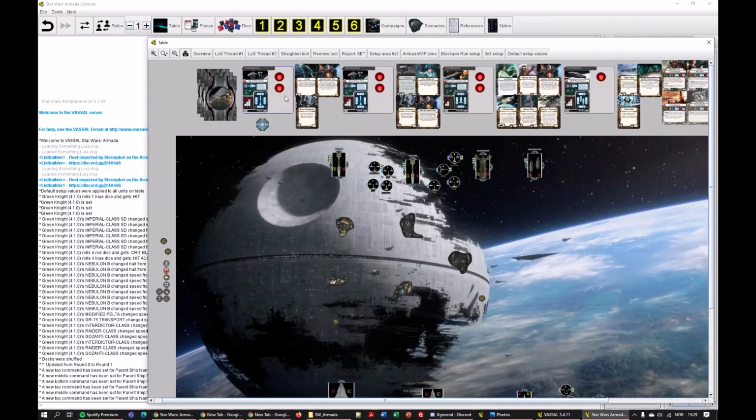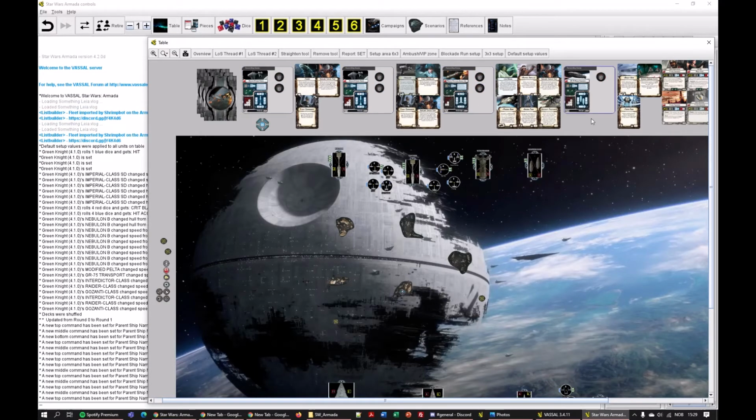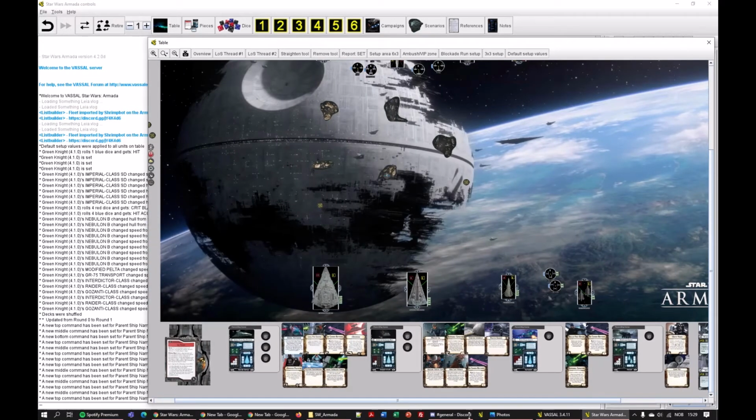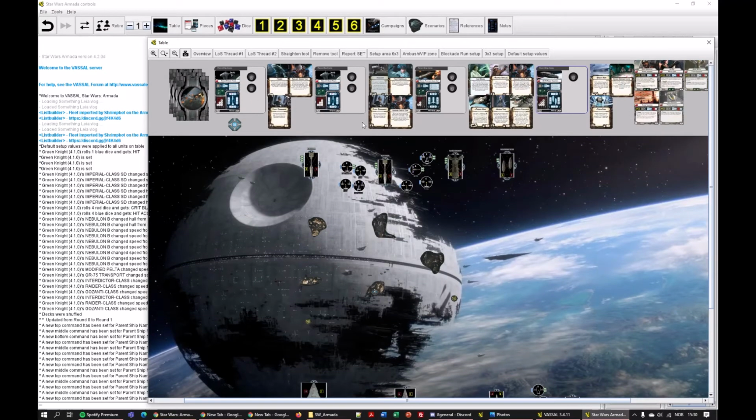And the other player would do the same and set a bunch of commands. I'm just setting navigate here. And then with this out of the way, it's ready for the ship phase. And the first player would start activating a ship and followed by the second player. And they would play through the game